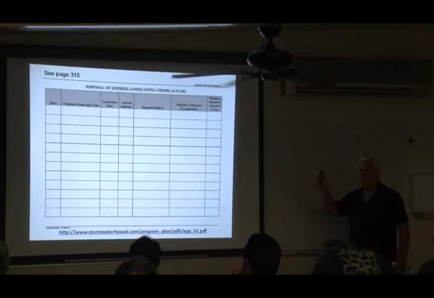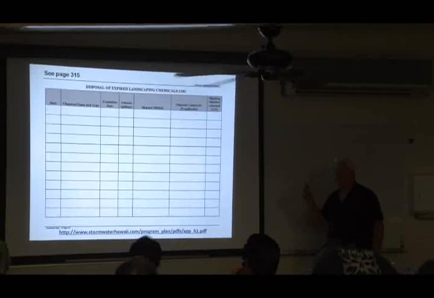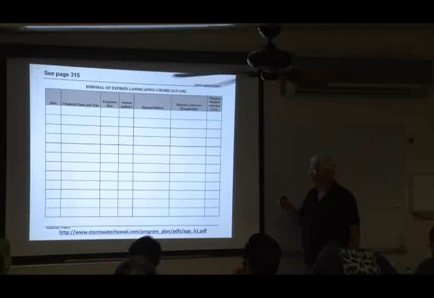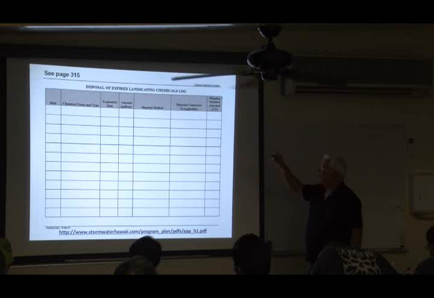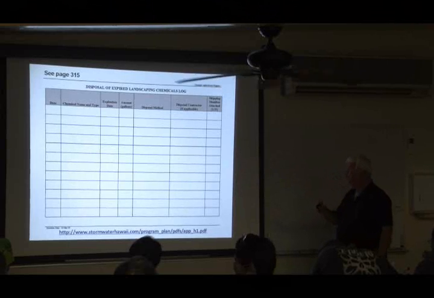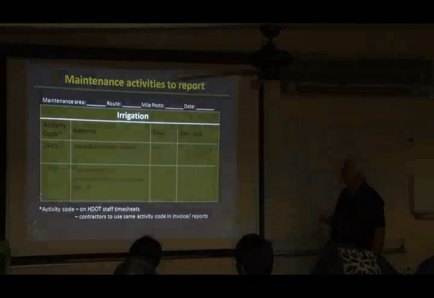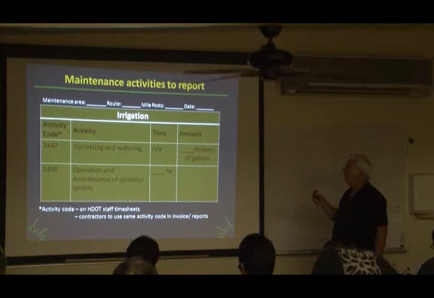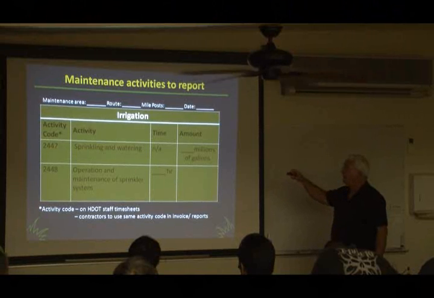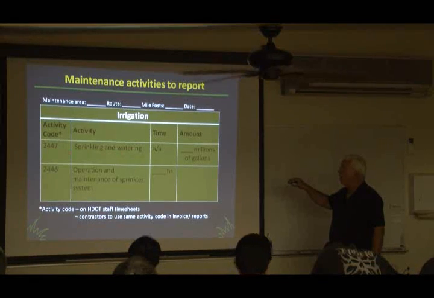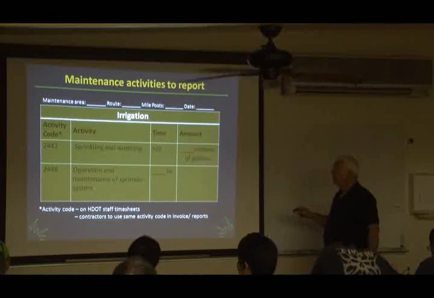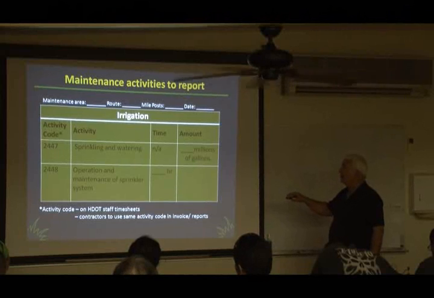Disposal, this is kind of important. Disposal of any waste materials, especially toxic wastes, by OSHA standards have to be properly documented and disposed of. So there's a special form for disposal of expired chemicals and so forth. Irrigation. Tomorrow you're going to hear a lot about irrigation, various activities for sprinkling and watering, just scheduling those, making sure that it happens in places that have irrigation, and the operation and maintenance of the system.